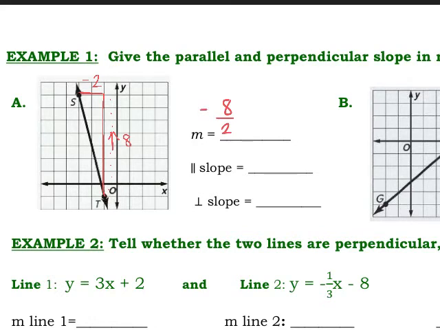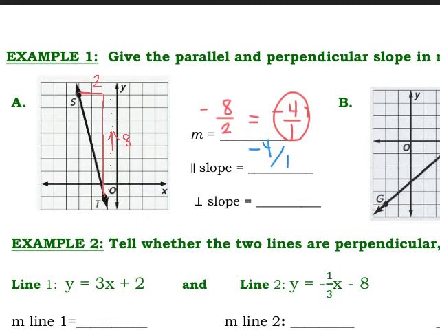Does that reduce to anything else? What does it reduce to? So your slope is actually -4/1. This is your slope. So if I want it to be parallel, do we change it? No. Look at the lines. You see how the lines are going the same direction in the symbol? It stays the same. So you're going to write